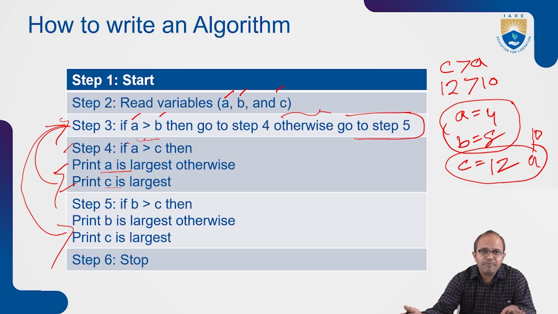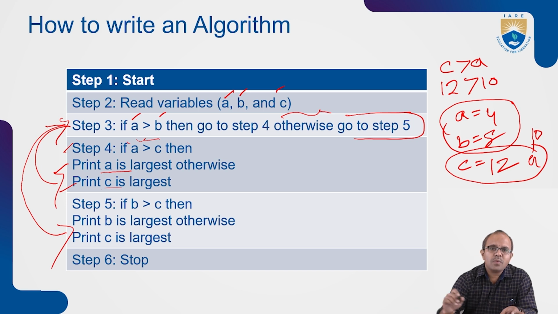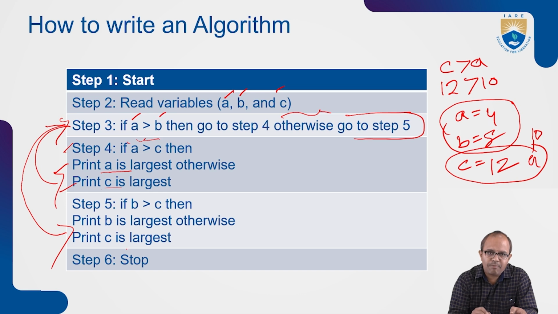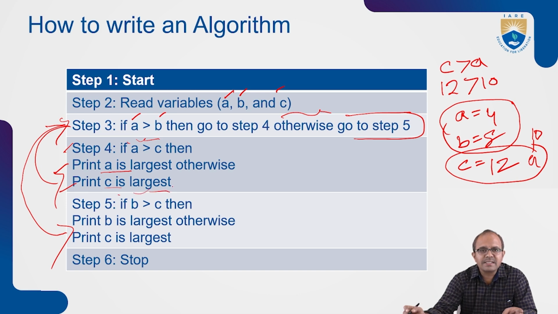Right? So in step 5, what are we doing here? The values of A and B were already compared. The return statement is false. If A greater than B, that fails, so we directly jump to step 5. In step 5, we are going to compare the values of B and C. Again, we have one more if condition: if B greater than C. Let us say the value of C is 5.